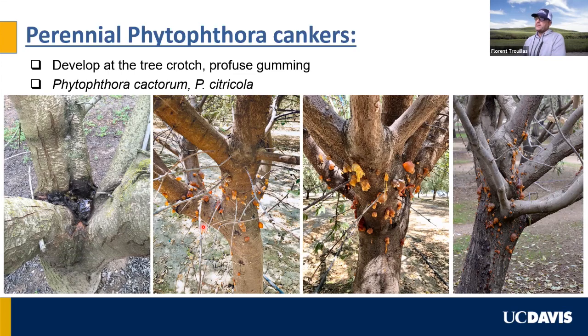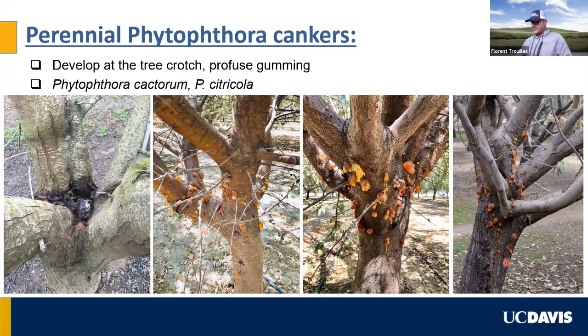And so typically Phytophthora pathogens will affect the tree at these pockets at the junction between the main scaffold branches and the trunk. If all these branches come together here, this little water pocket may receive water, and these spores of Phytophthora that are blown up into the air following harvest and all this wind movement land on the trees and eventually are washed down this tree crotch, which leads to a severe infection, severe gumming that can be diagnosed in the field by the presence of this gumming at the tree crotch,